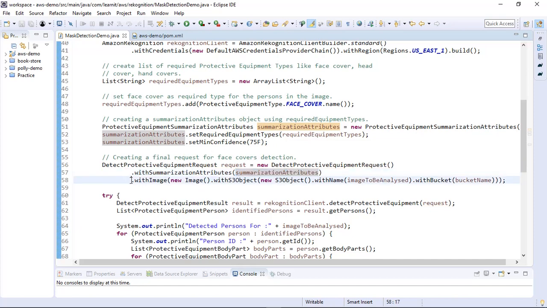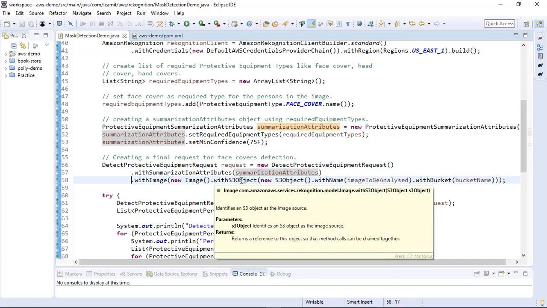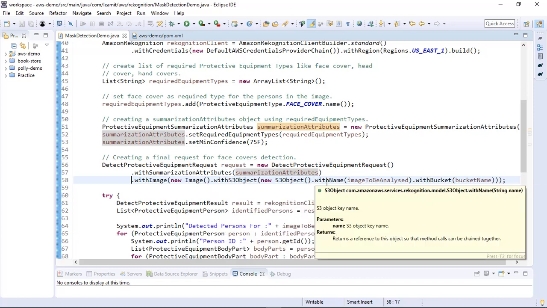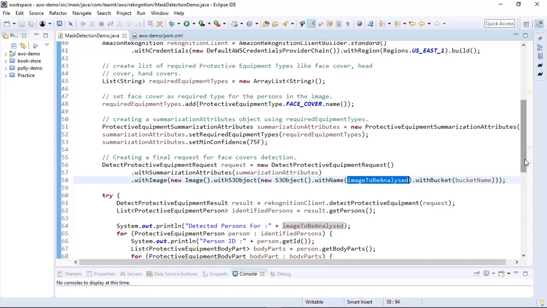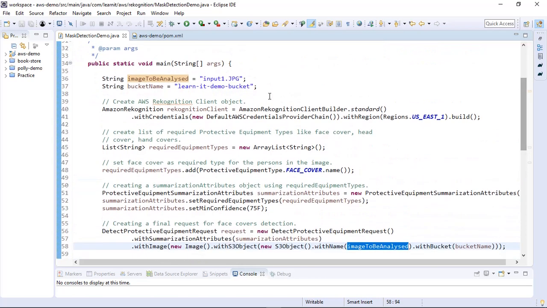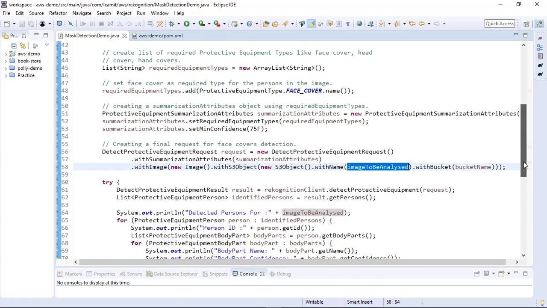I am providing here an image reference, that is an S3 object, and in the S3 object I have provided the name, that is the image to be analyzed. So we have written input1.jpg. This input1.jpg must be present in our S3 bucket, that is learn it demo bucket, and the bucket reference I have given as the bucket name, which is learn it demo bucket.